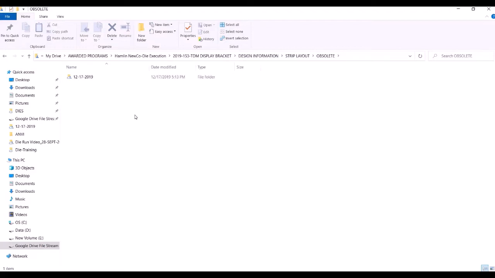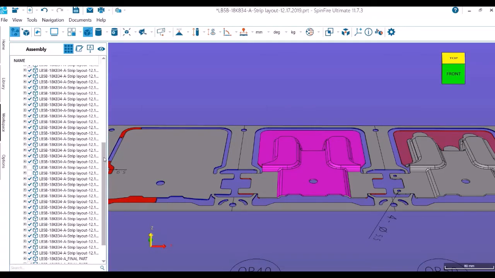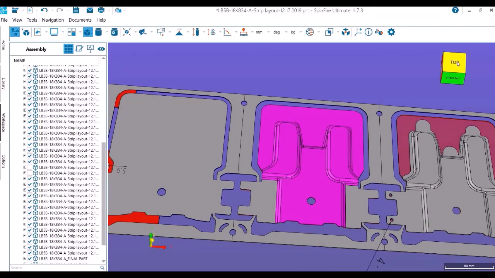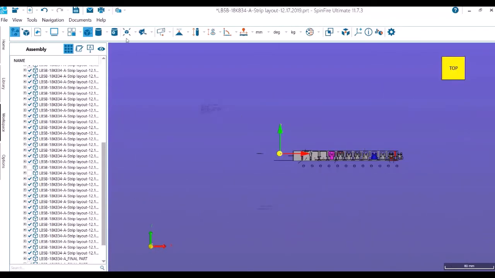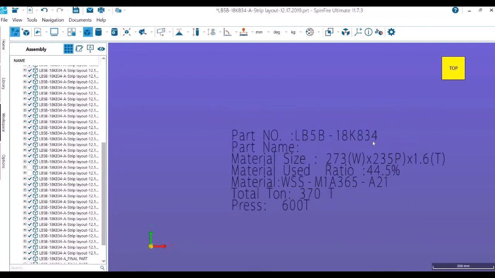Okay, so let me open this strip layout. This was the first one after our simulation got all green, as you can see here. Let me show you the text box. In the text information box, we have kept the part data, the part number, and the material size: 273 coil width, 235 pitch and 1.6 thickness.